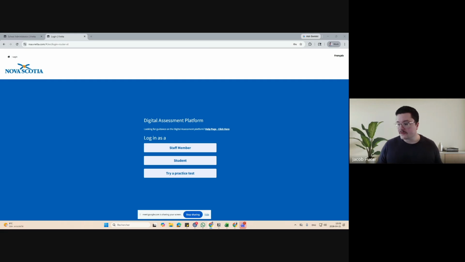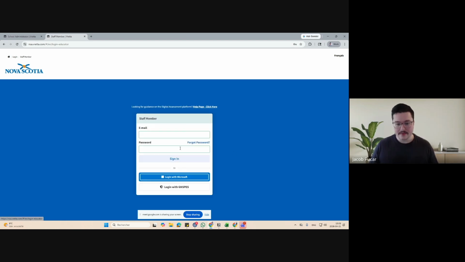So first things first, in terms of logging in as a school administrator. So we have the website here, nsa.vretta.com. Going to that website will take you to a login page. So as a school administrator or teacher, you can click on the staff member button. And here you'll be able to log in either using the SSO or direct login. Now, for the SSO here, so for the Microsoft or the GNSPES,